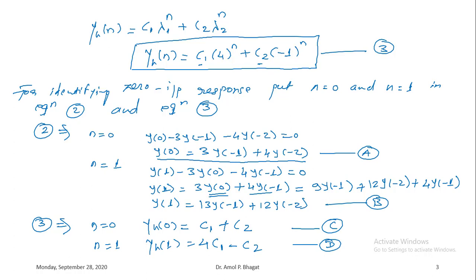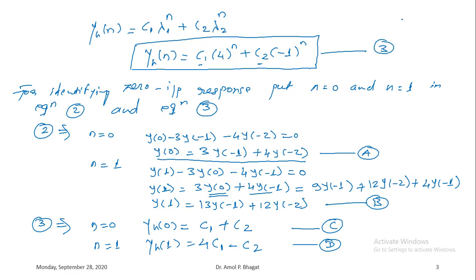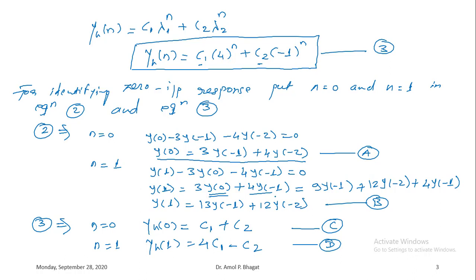So to get the values of c1 and c2, I have to equate c with a and d with b, right? So to get the values of c1 and c2, equate equation c with equation a, and equation d with equation b, right? So what I will get here when I am equating c with a will be